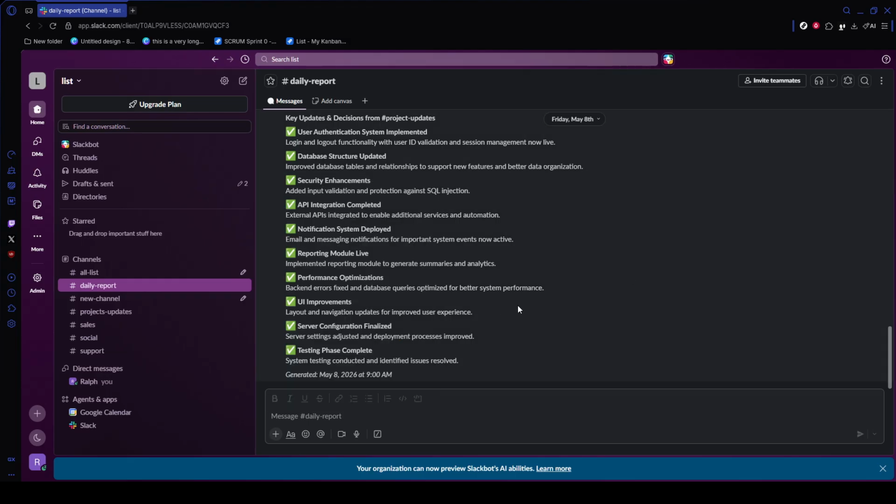Finally, return to the Discord developer portal and open OAuth 2, then URL generator. Select the bot scope, then enable the